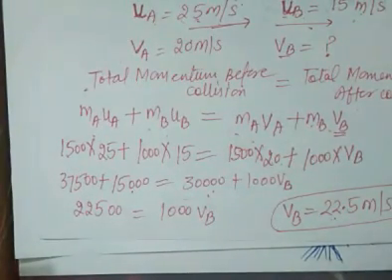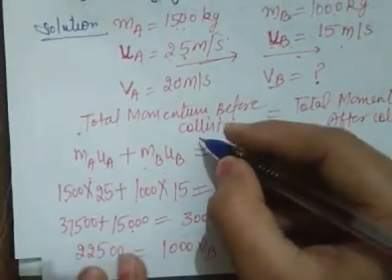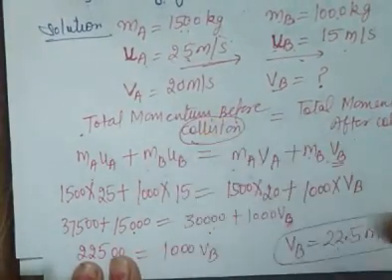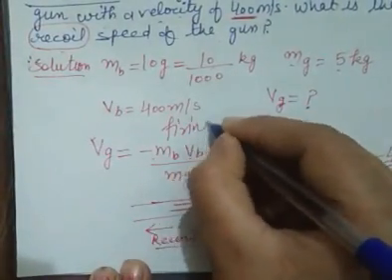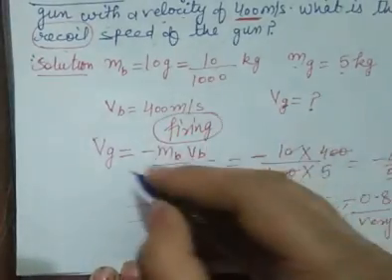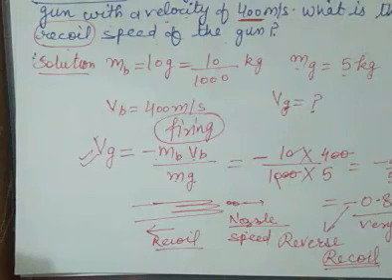So it is the numerical that is again based on momentum conservation principle, but it is for collision. And the previous numerical that I have told you, it is for firing, bullet firing. In firing, you have to apply this result directly. So you must learn this result so as to avoid any confusion.